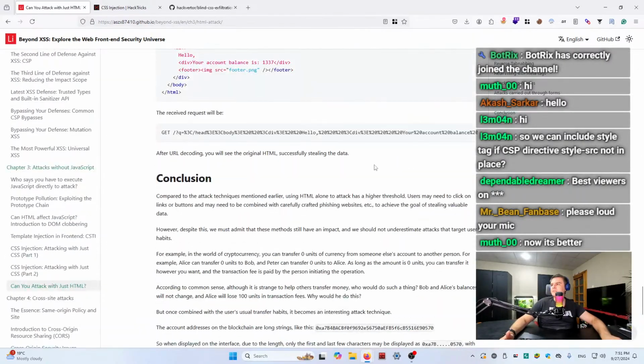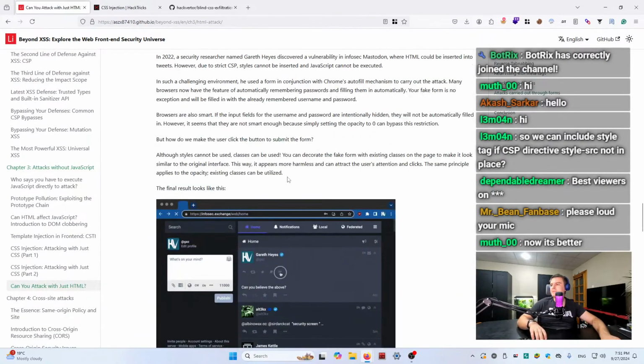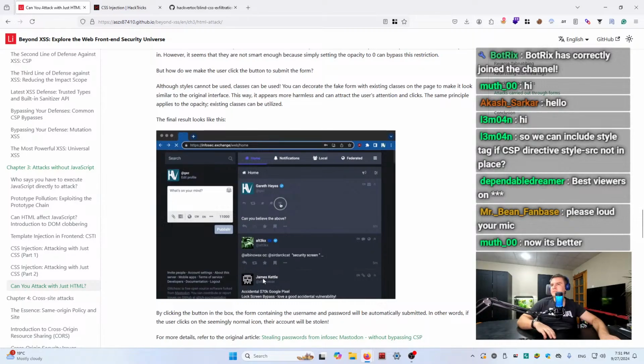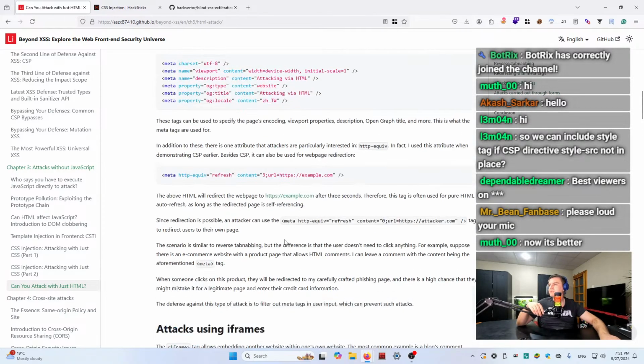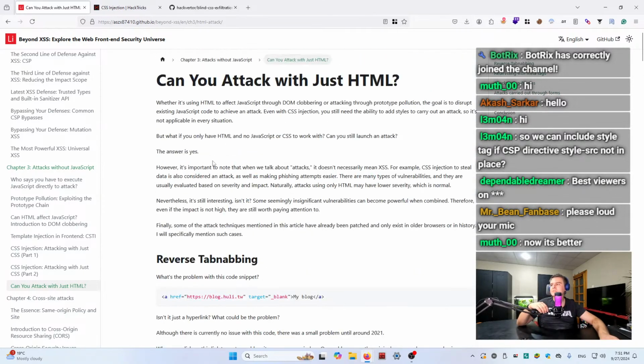Let's see, it looks pretty straightforward. Oh, James Kettle. I really like the research of James Kettle. We could truly try reading those. Let's see what we can do with just HTML. So imagine the case where even the style tags are hidden. Can we still do something? Let's see. To my surprise, maybe the max severity is medium, but it's still worth trying, even with